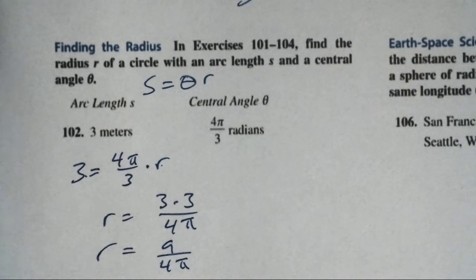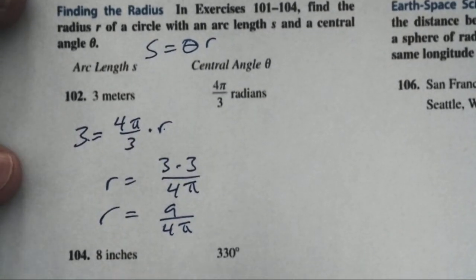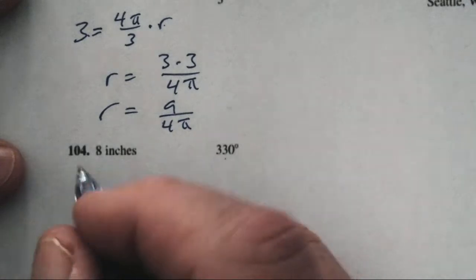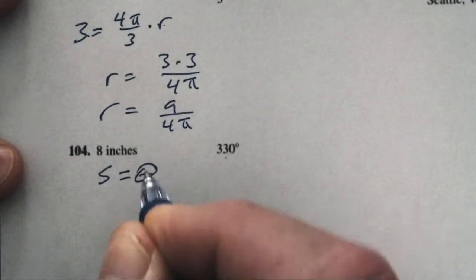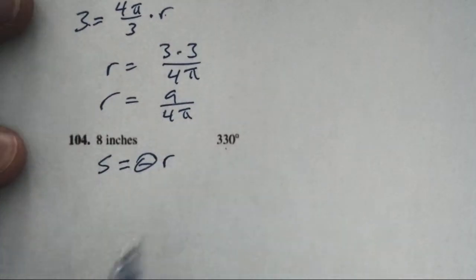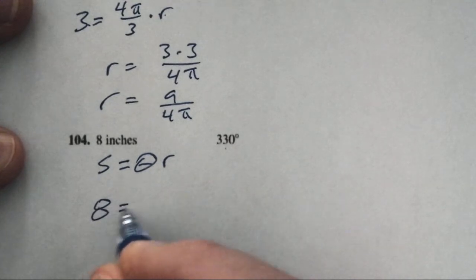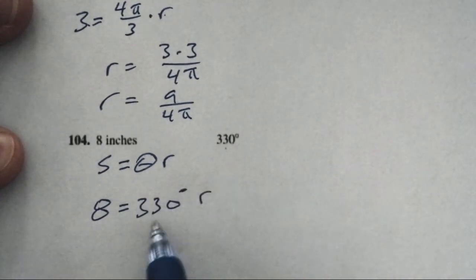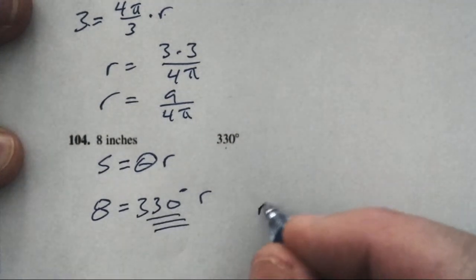Doesn't ask us to round, so I'm going to leave it at that. So now we've got degree measures, and that presents a little bit more of a challenge for us. So we've got 8 inches. Once again, I'm going to write down S equals theta r. We have an arc length of 8. We have theta is 330 degrees, but this needs to be in radians